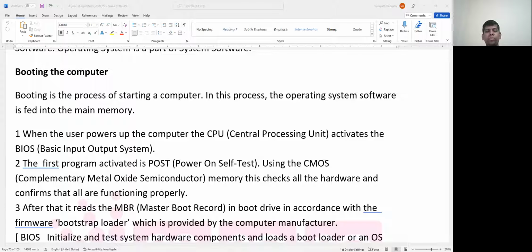So there are two types of software we can talk about: system software and application software. Operating system can be considered as a part of system software. Okay, second thing that we need to discuss is what will happen when you switch on a computer until you get,